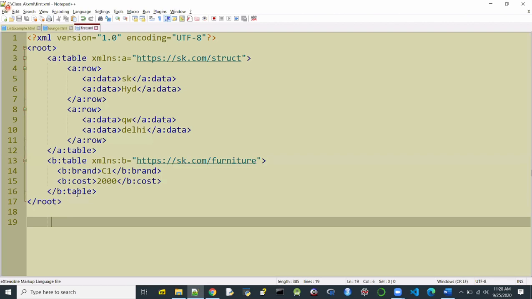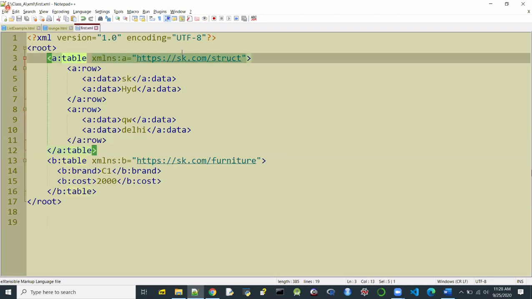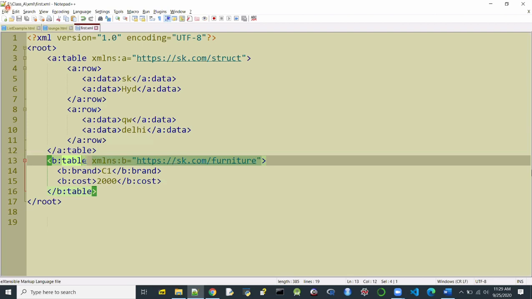Okay. So here, the advantage is that some software will be able to interpret this table element according to the meaning rendered in this document, and the same software will be able to interpret that this table element now has a different meaning according to the definition put in this particular document.